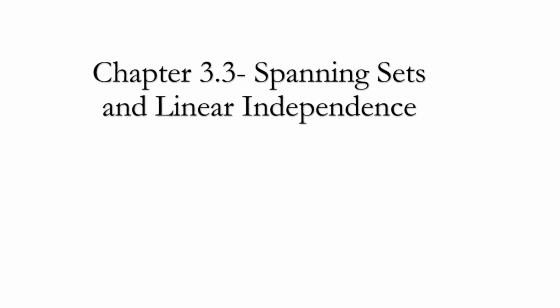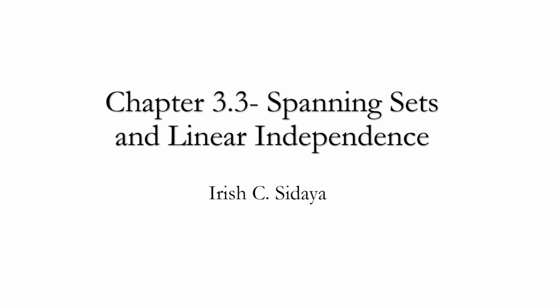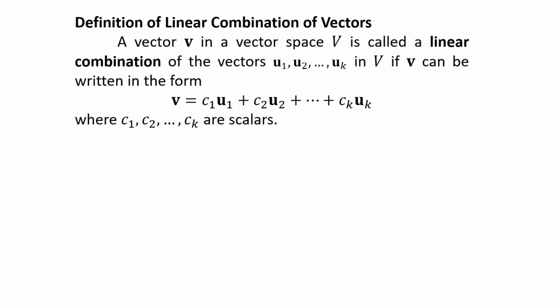We will discuss now the spanning sets and linear independence. We have here first the definition of linear combination of vectors. A vector v in a vector space V is called a linear combination of the vectors u sub 1, u